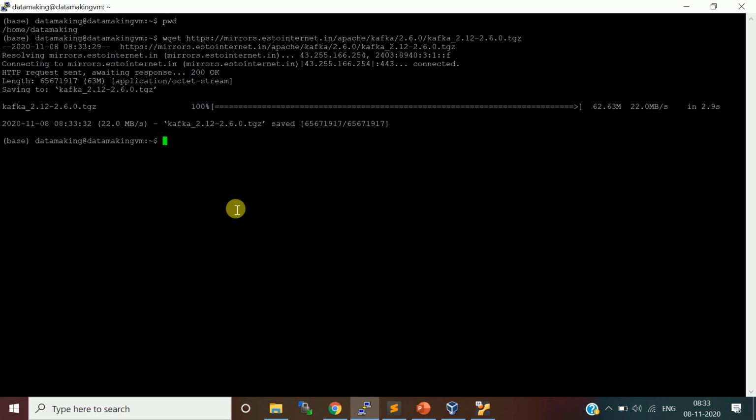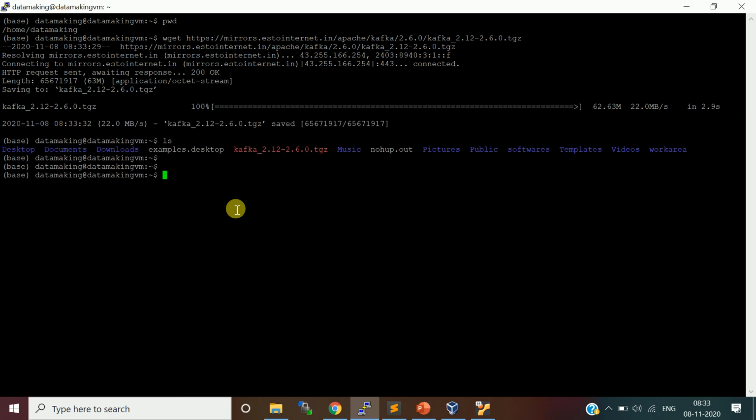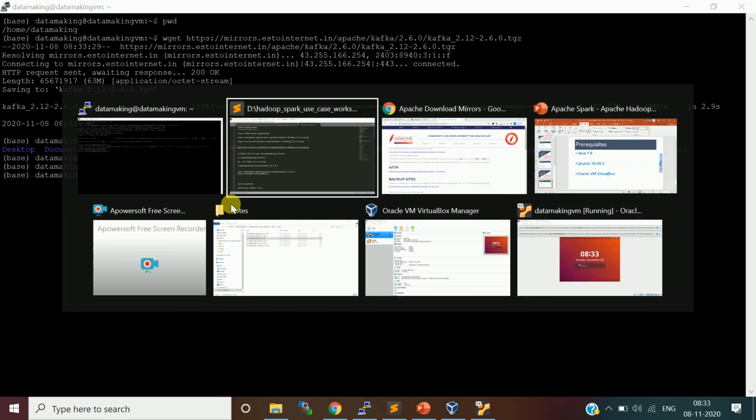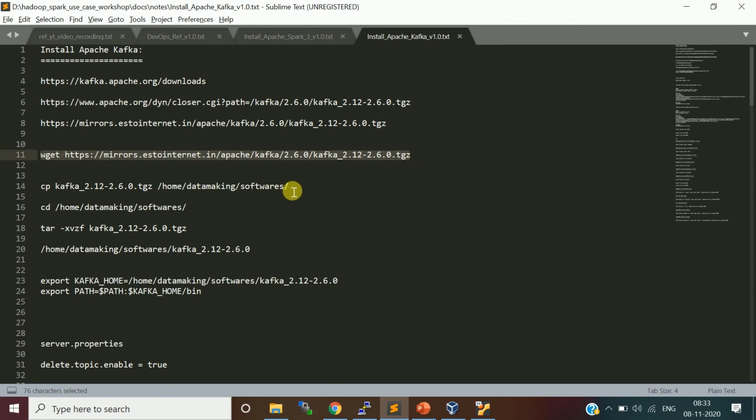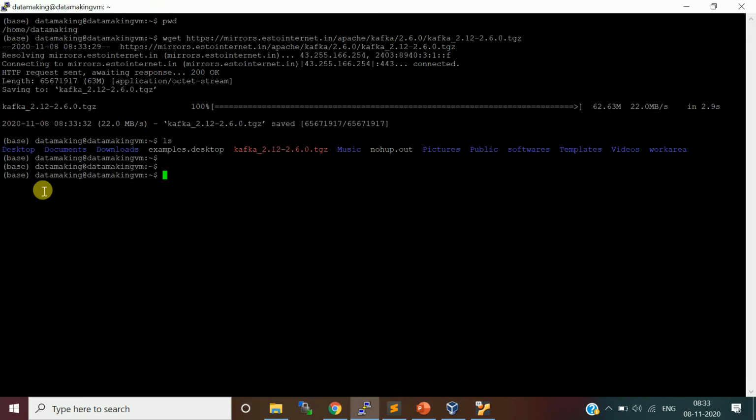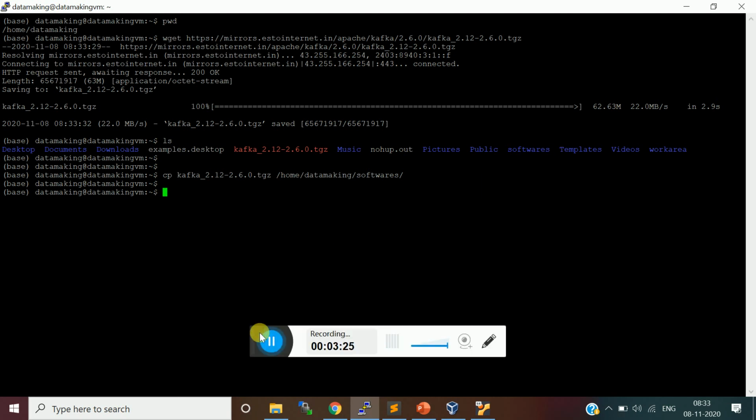I downloaded it in my home directory, though generally I do it in the downloads folder. No problem. Then I'm going to copy this to the softwares folder, which is in my home directory. Generally I keep all my software in this softwares folder.